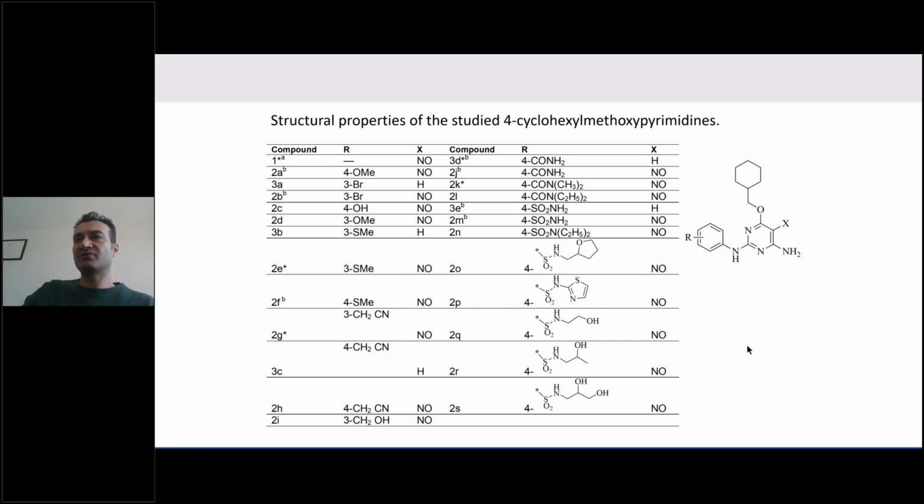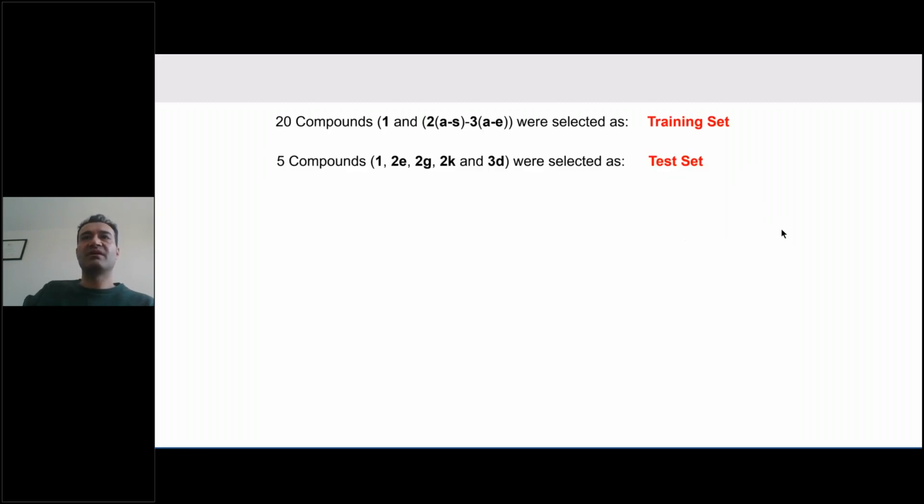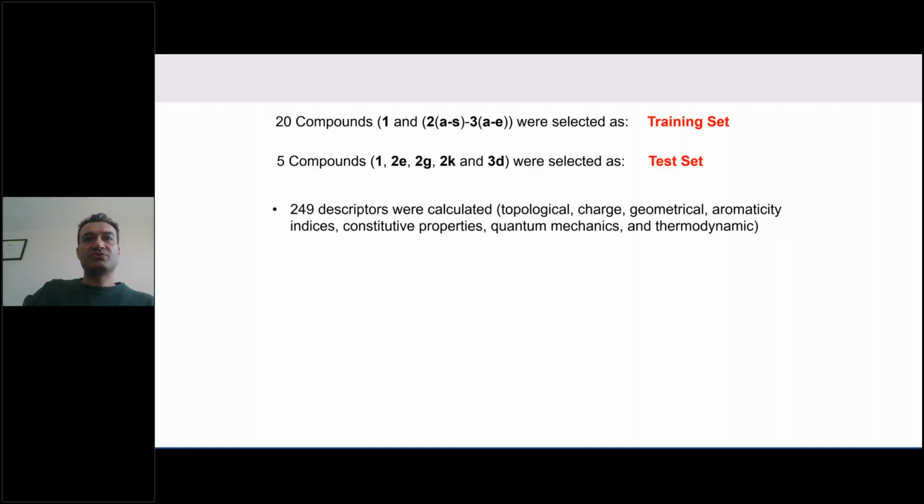We have a set of molecules here, and the effect of R and X substitutes are investigated here. And you have to divide your compounds into two sets. One is called training set, the other is called test set. Training set compounds are used to train your model, while the test set compounds are used to validate your model. So you have to use descriptor